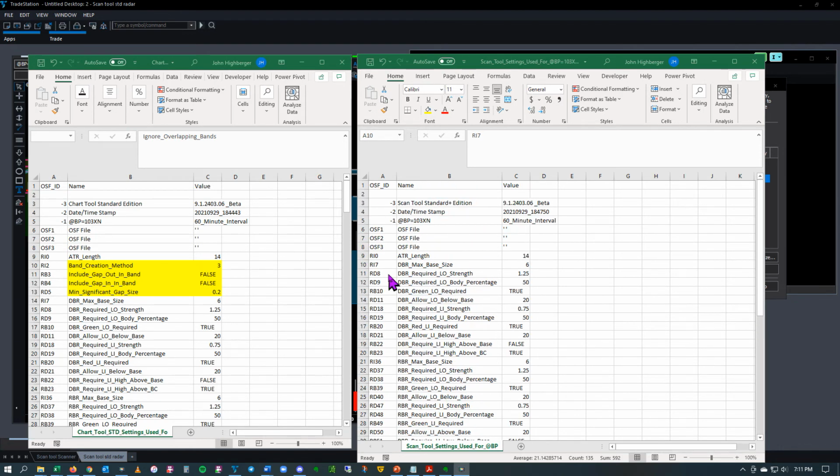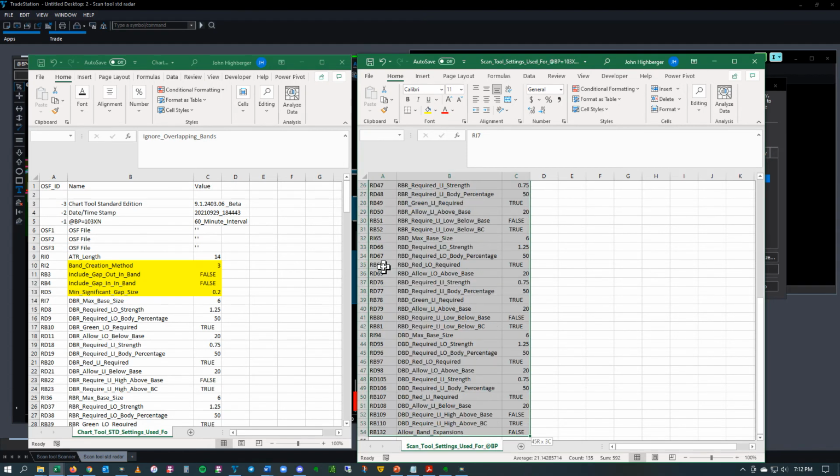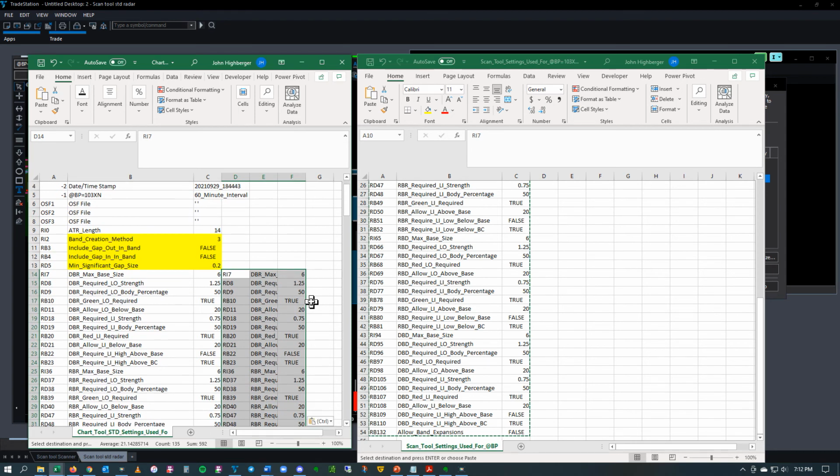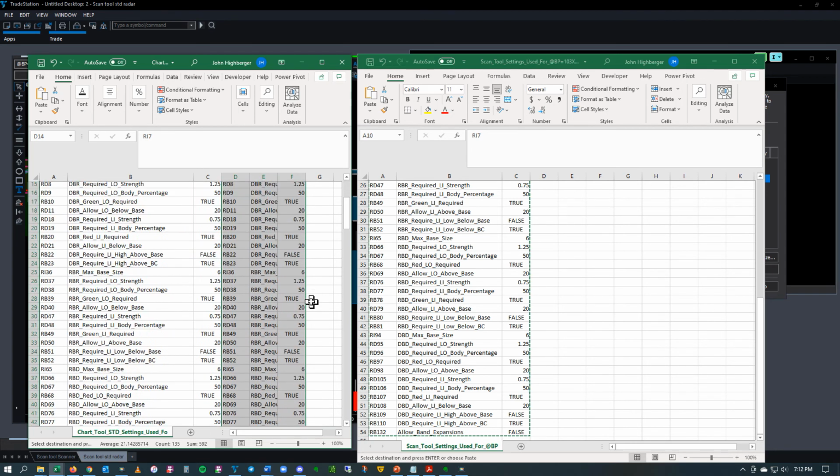So if you wanted to do a quick comparison, you can just click right here where it says R17, starting at the base size. And if you hit Control Shift End and then Control C, that will copy those. And then you can just go over here and click right here next to the R17 and hit Control V and paste. And that'll allow you to quickly compare your settings and make sure that they're the same between your chart tool